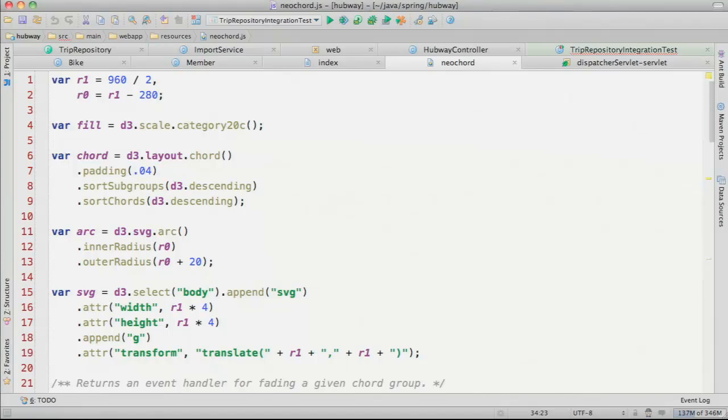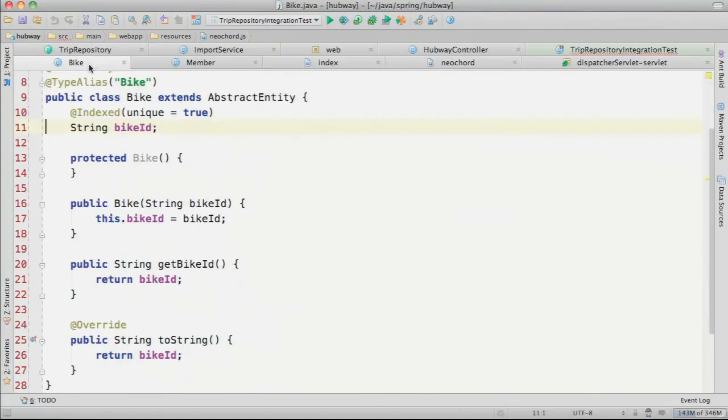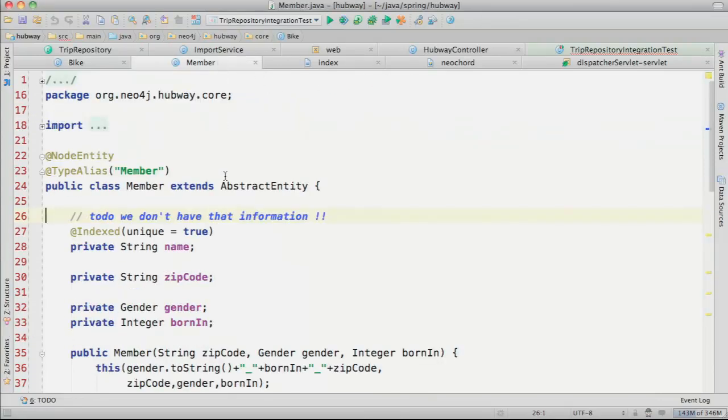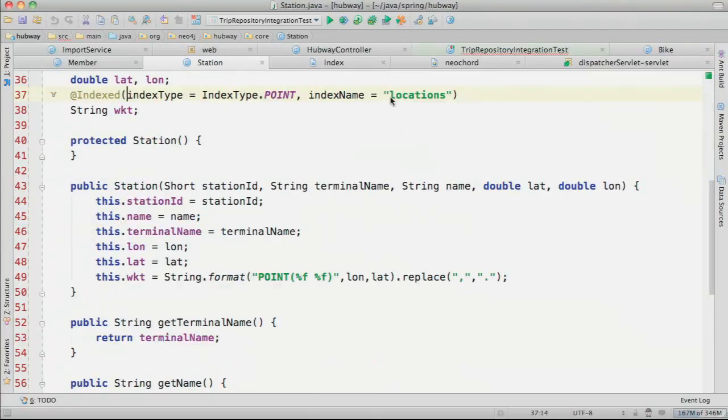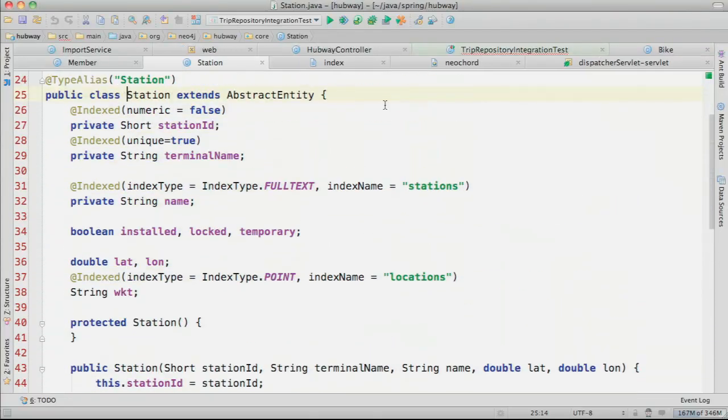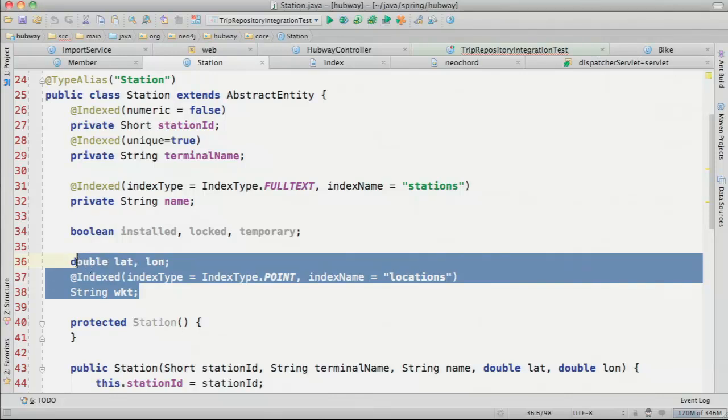If you look at the domain, it's very similar to that. We have bikes, we have people that rode those bikes, and we have stations somewhere, which interestingly have lots of names, at least 3 names, and also geoinformation. We can use that, for instance, with Neo4j Spatial to do bounding box queries or distance queries from a certain point.